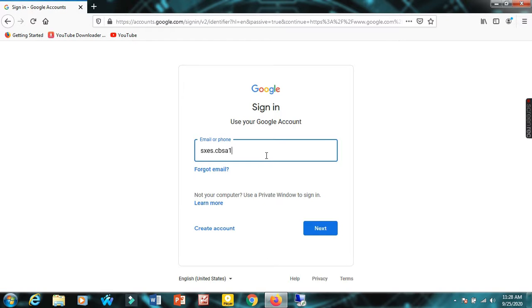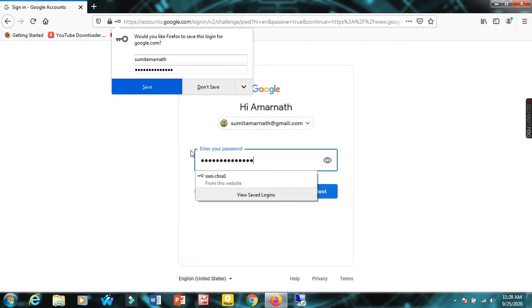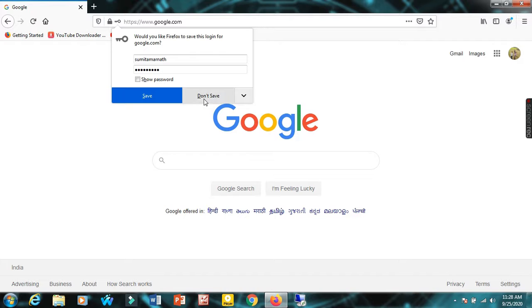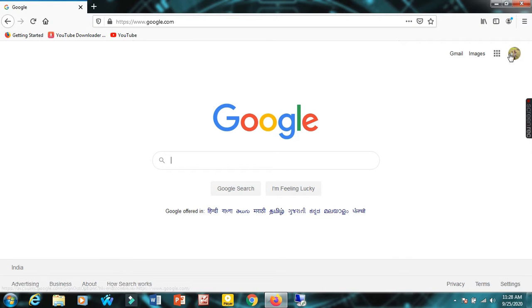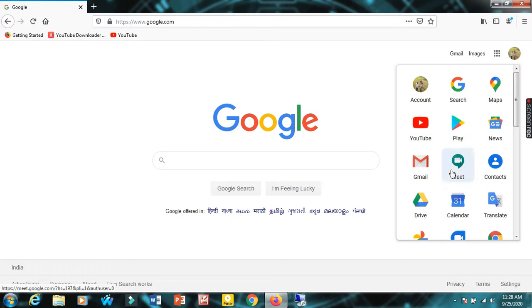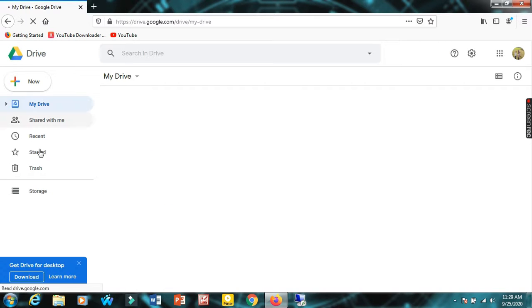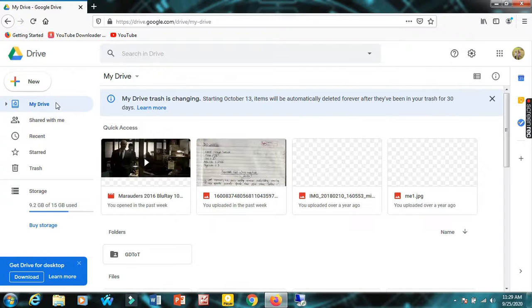As soon as you will click over here, you can check out the email option is coming over here. You are just supposed to enter the email account, email ID. Mine I am entering first. Hit enter. After that you are supposed to enter the password. That's it. I have successfully logged in. That is why a pic over here is coming visible. Okay. Now click over here, Google Drive option. So this is it. We are right now inside the cloud service of Google Drive.